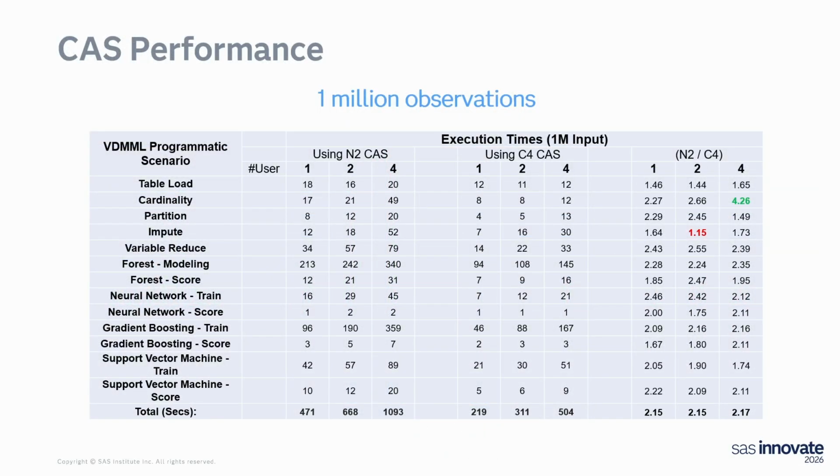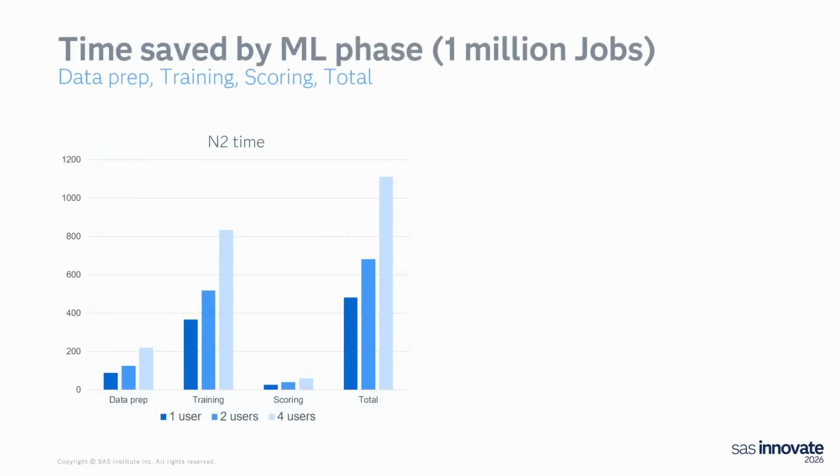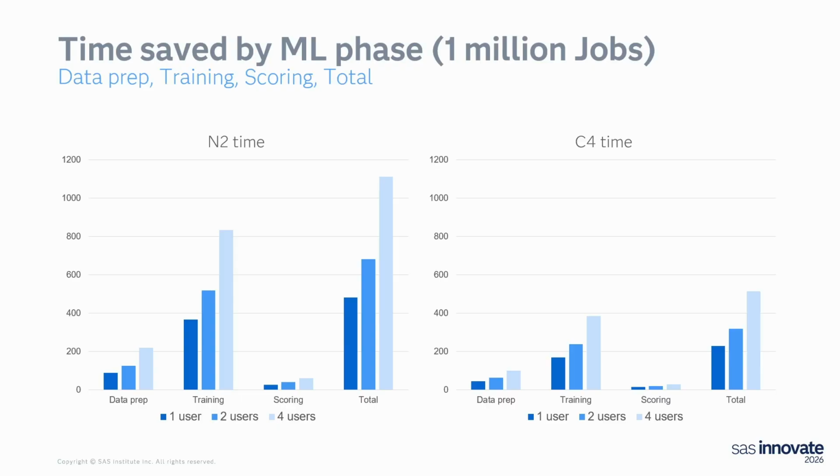I know this is a giant table. I'm just putting this here so that if you wanted to drill down later, we can, but I've tried to summarize it succinctly by adding these times in terms of the time for data prep, time for training, time for scoring, and then total altogether. And this is, again, dark blue is 1 user, medium blue is 2 users, and light blue would be 4 users. And you can see that the time climbs as you increase the shared load on the system. When we move to C4, you see a dramatic drop, about a factor of 2 if you look eyeball norm, and I'll show later, drill in on that.